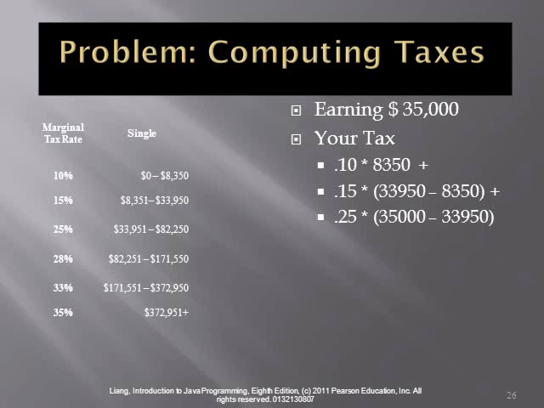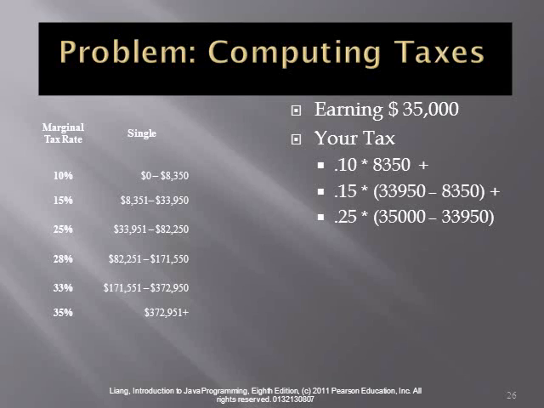That's the maximum amount. We've already paid tax on the $8,350. So our obligation is to compute tax on the remainder, which is $25,600. And we only need to be taxed at 25% of that amount. And that gives us